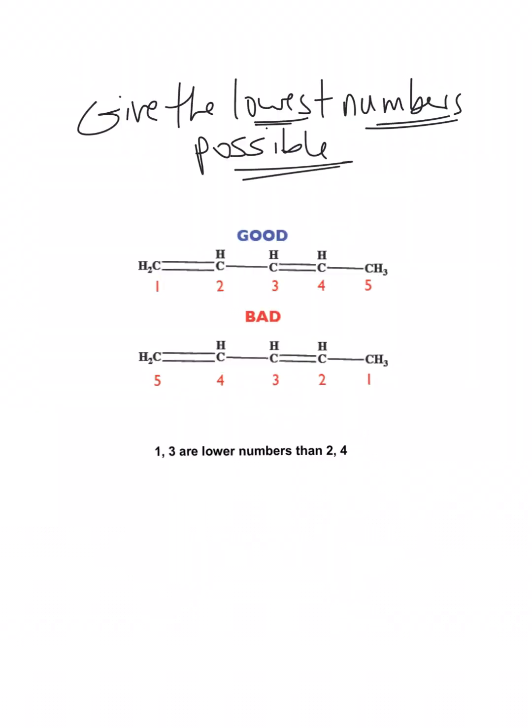This slide shows another thing that reiterates what I was showing you on the last one, which is that if you've got, let's say, 2 alkenyl functional groups, you would much rather put them between carbon 1 and 2, and actually you would number this one position 1, and you would number this one position 3, and that's because 1 and 3 are lower numbers than 2 and 4. So you wouldn't do it this way,